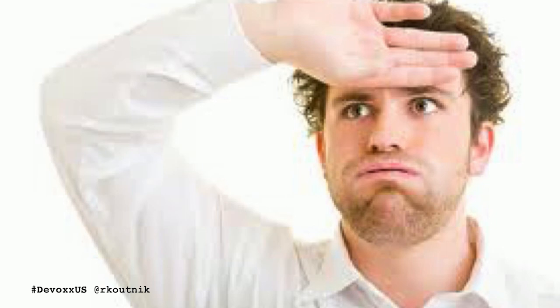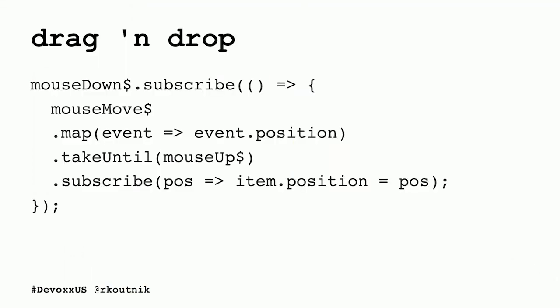But while we were building that stopwatch, while we were saying, all right, how do we time how long Randall is talking, did you notice we solved a lot of different problems too? We solved the problem of, upon an initiating event, do something until there's a concluding event, which means we've solved drag and drop. And if you're on the front end and you've tried to do drag and drop, you understand exactly what a frustrating headache it is to figure this out without observables. Listen for the mouse down. Keep updating the position on the page until there's a mouse up.